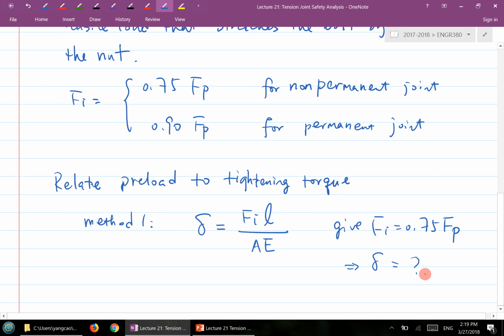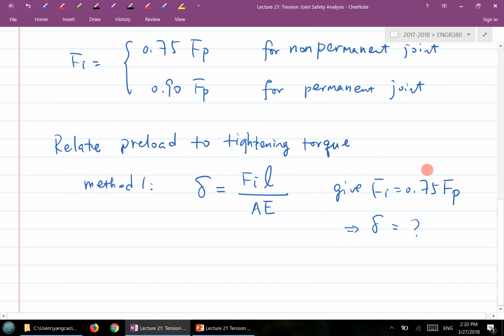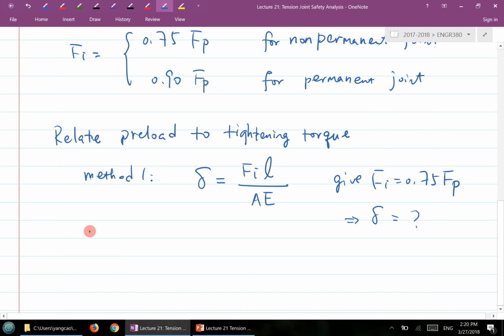But immediately you can probably say, oh my god, I need a really accurate measurement for this delta here. So it's very mathematical, but not very practical. There are a few other options we can do. There's another one called